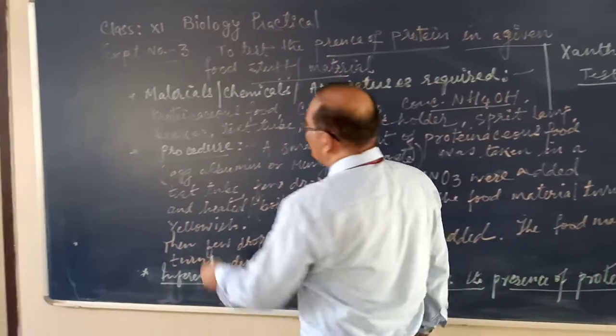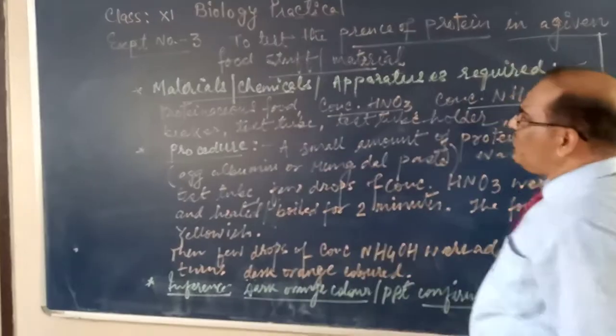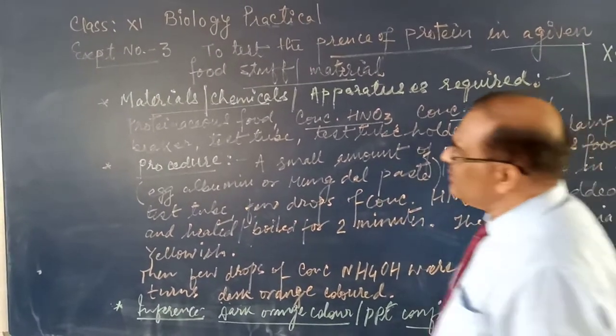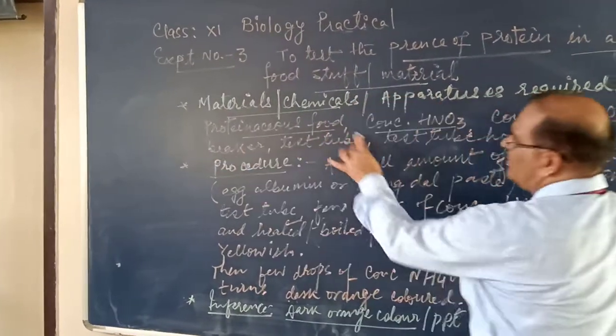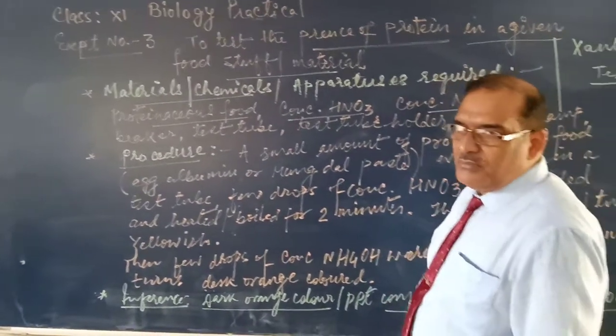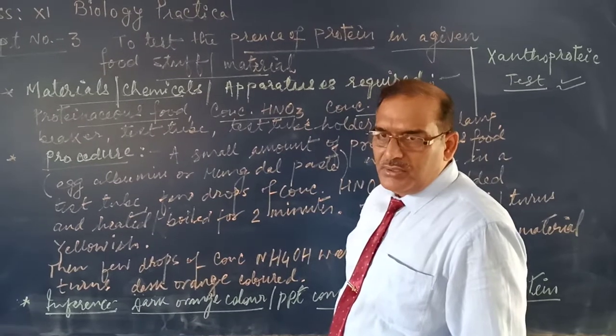The materials and chemicals required. What things do we require in this practical? Requirements are proteinaceous food. This proteinaceous food may be egg albumin, maybe